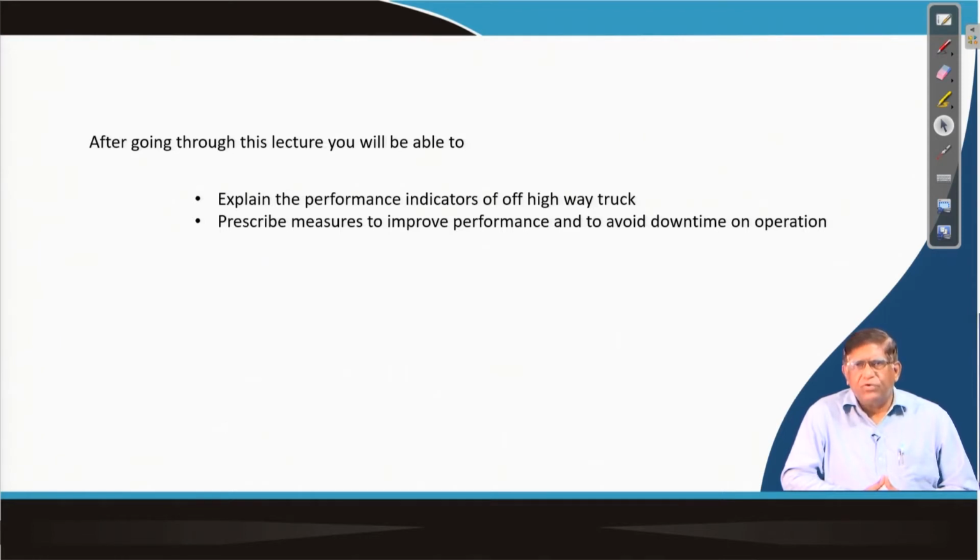So, from that point of view, you should be able to prescribe what conditions you must avoid in the surface mines, so that the required performance can be achieved.